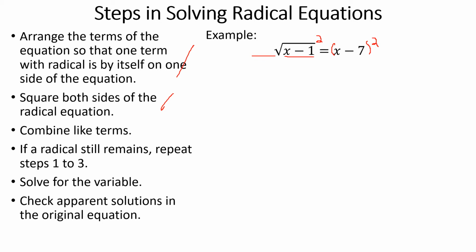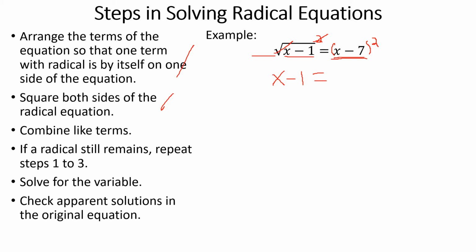Importante po na lagyan po natin ng parenthesis yan. Kasi po, pag hindi po natin nalagyan ng parenthesis, ang mangyayari, ang magiging kalalabasan niya is x minus 7 squared. Para yung 7 lamang yung in-square natin. So, which is not true. Hindi po yun yung ginagawa natin. In-square po natin yung buong x minus 7. So, that is why nilalagyan po natin siya ng parenthesis. Okay? So, dahil in-square po natin yan, magka-cancel po yung square at saka yung square root x minus 1. Kung may iwan,